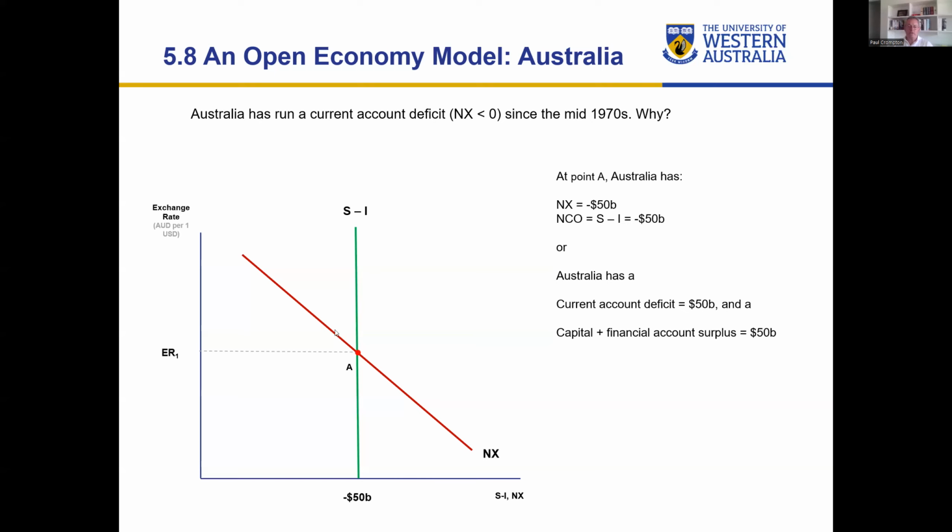Okay, so when Australia runs a current account deficit like this of minus $50 billion, just keep in mind that that is a result of inward net foreign investment of $50 billion. That means we are in net terms borrowing $50 billion off foreigners. The question then becomes, what are we doing with that money? If the money is being used for investment spending by companies, not so much of a problem. If it's being used to import capital equipment, not so much of a problem. But if it's being used for clothing, footwear, jet skis, consumables,